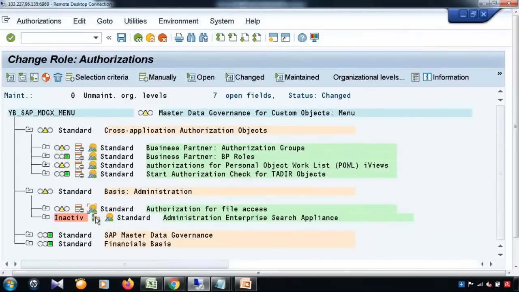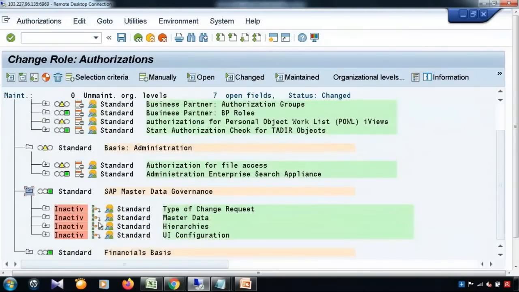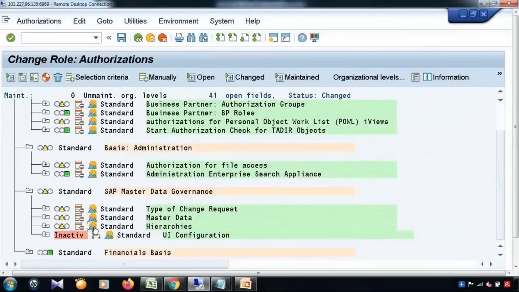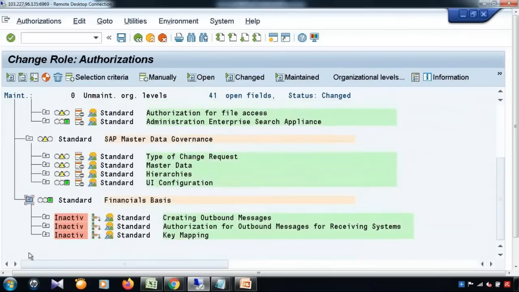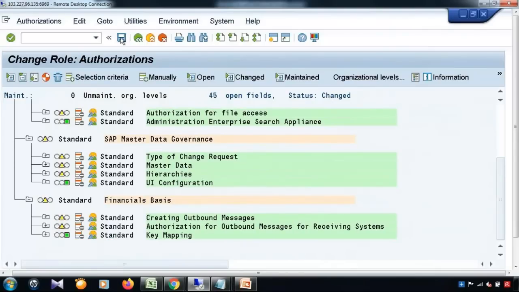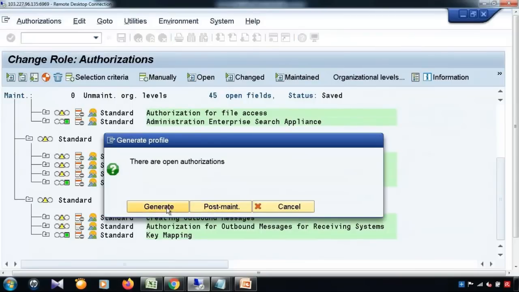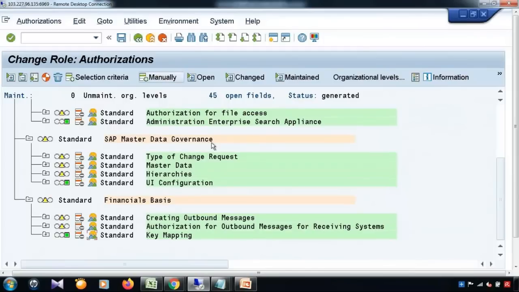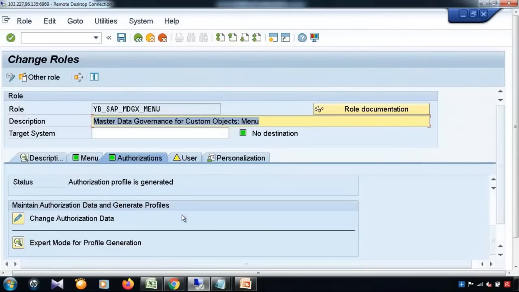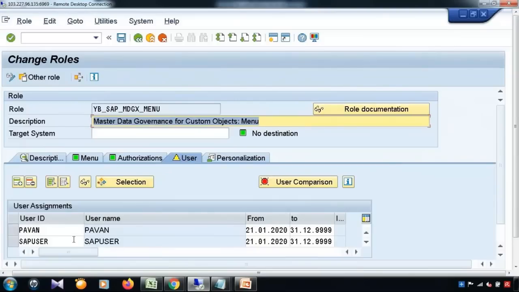By seeing the component, you can understand this is purely an authorization activity, which will be done by either the SAP security or GRC team. But anyway, it is better if you know this. Generate is nothing but a kind of activation of the role. So I'm just generating this. It already has most of the authorizations, just to ensure, and we already have the user. And now go to the menu,